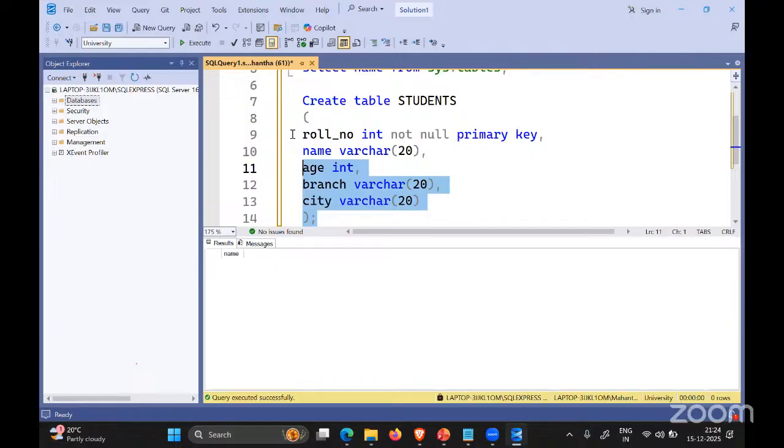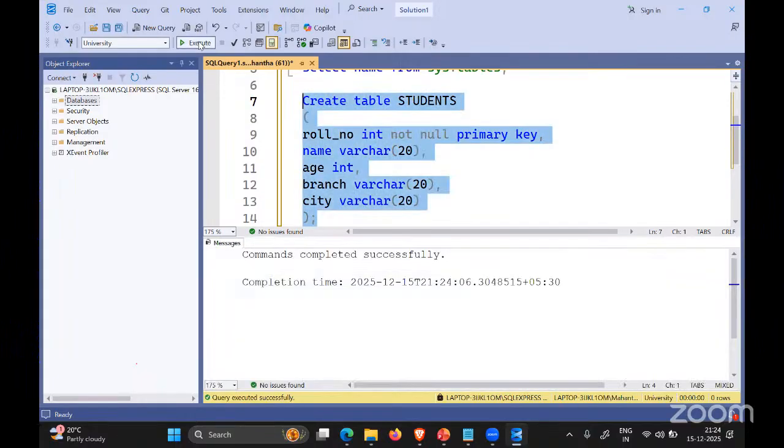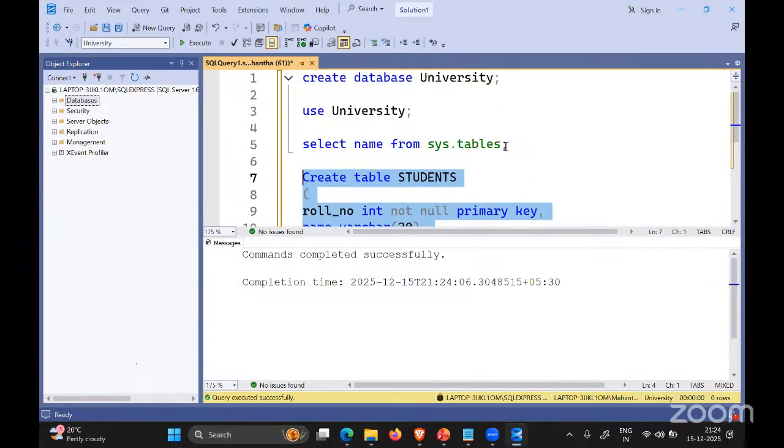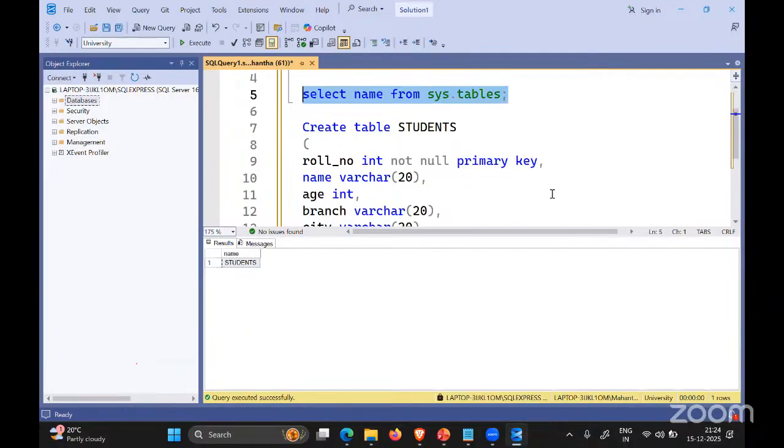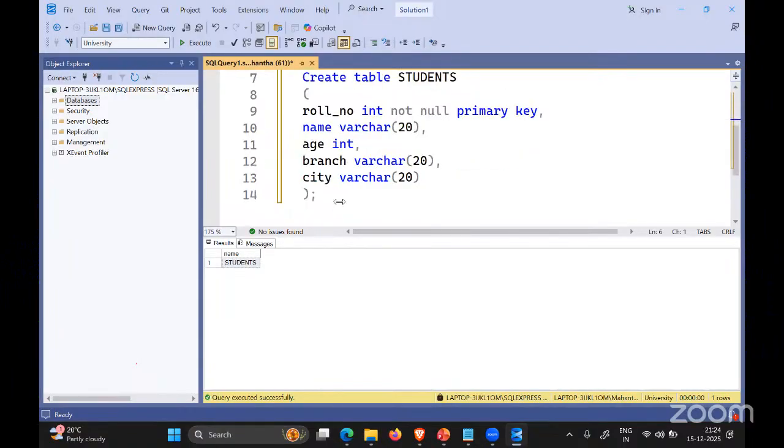Let me create this. Now if I execute this, you can see students. Earlier when I executed this command, it gave me nothing. Now in the university database, we have a students table.